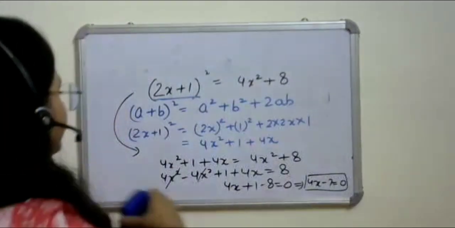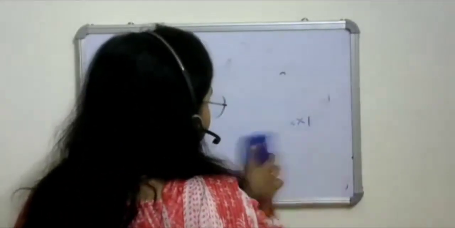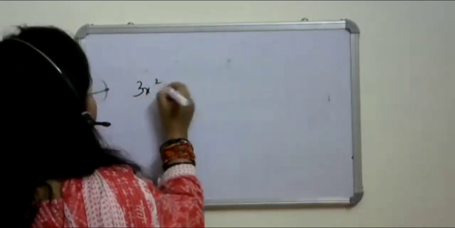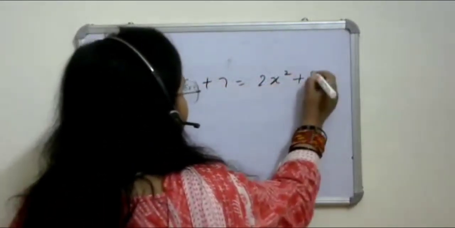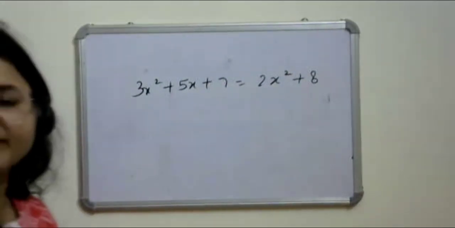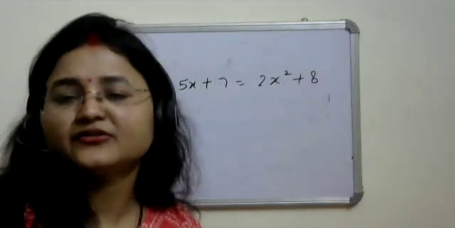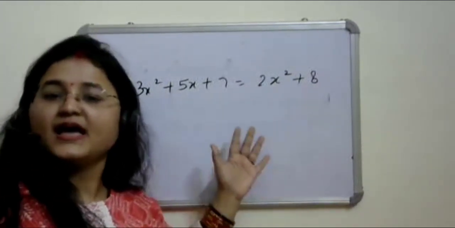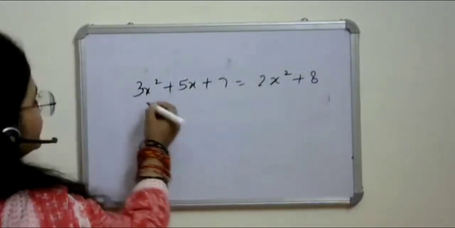Let's take one more example. 3x square plus 5x plus 7 equals to 2x square plus 8. Now we have to check whether the given equation is quadratic or not. So we are aware of this thing, transposition. Let's solve this using the method of transposition. As you know, like and unlike terms can be added or subtracted. So this can be written as